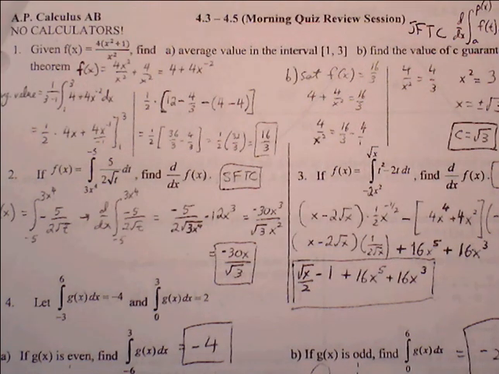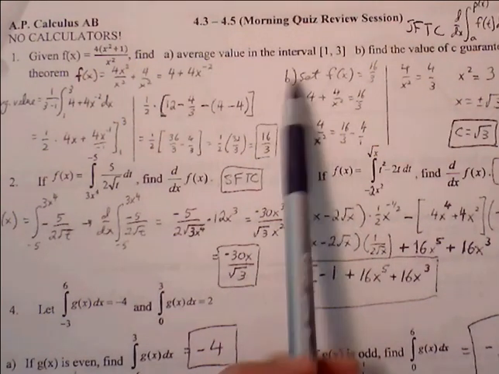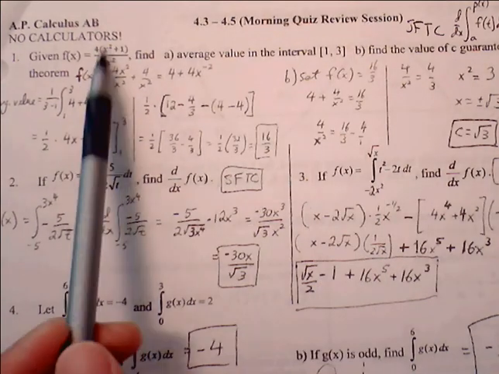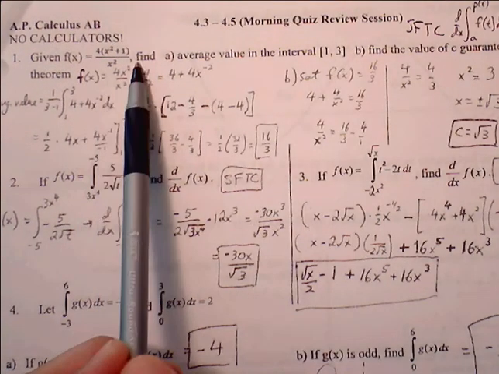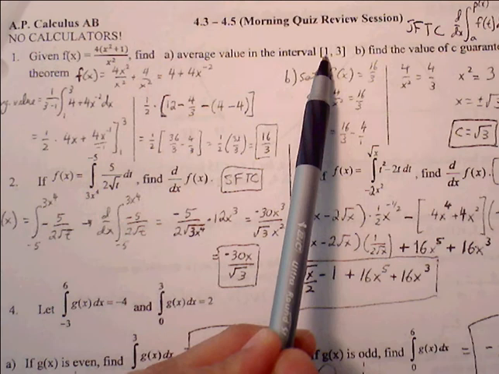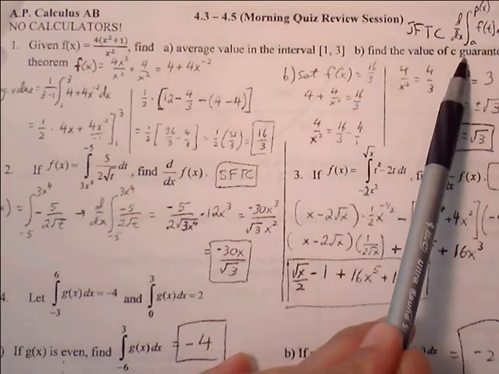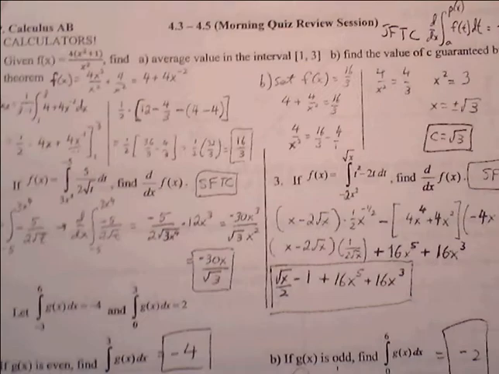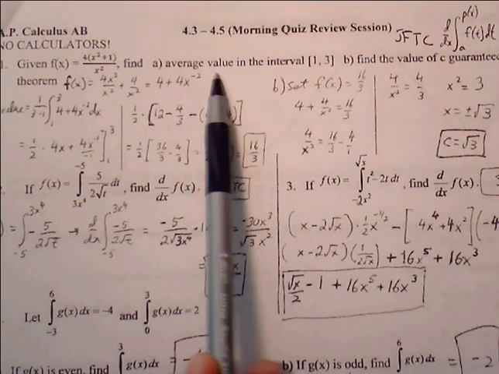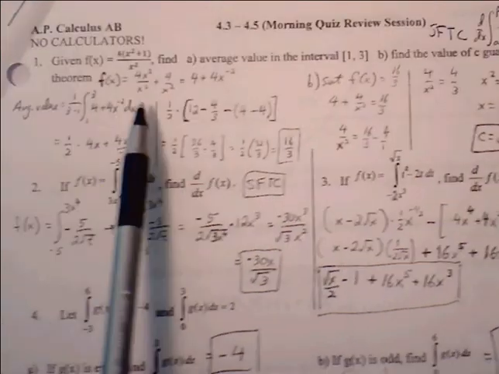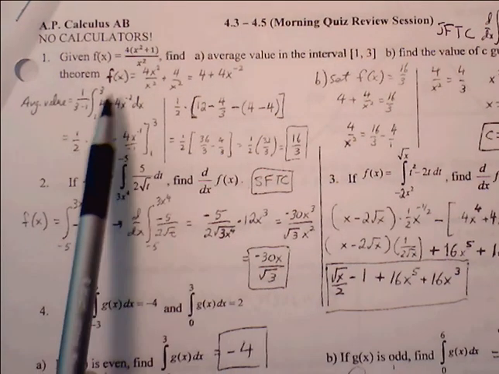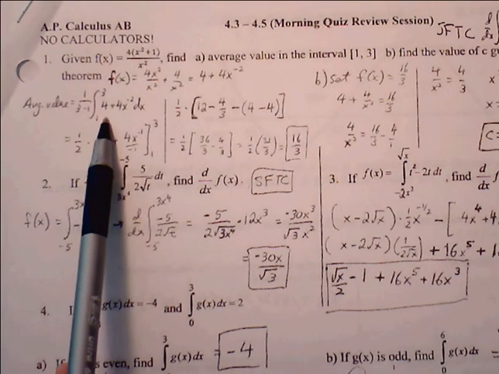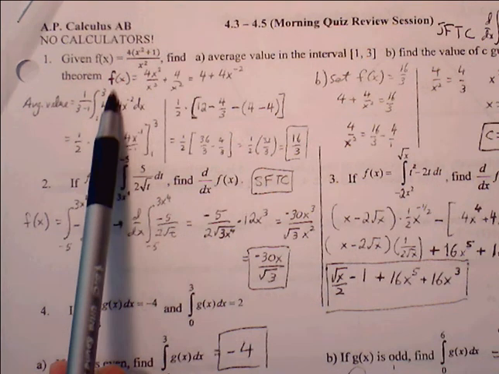This is the 4.3 to 4.5 morning quiz review. Number 1, we're given a function. Find the average value on the closed interval from 1 to 3, and then find the value of c guaranteed by the theorem. So first, if we want to find the average value, we can go through the average value theorem. The average value theorem says 1 over b minus a, the definite integral from a to b of f